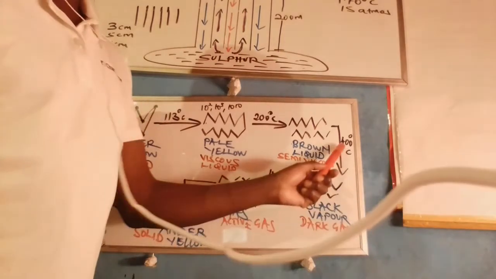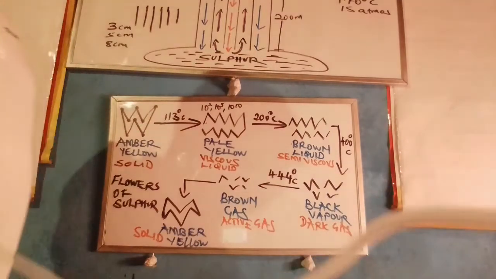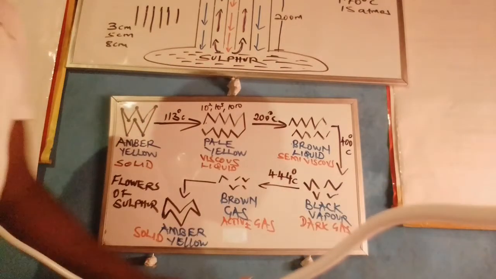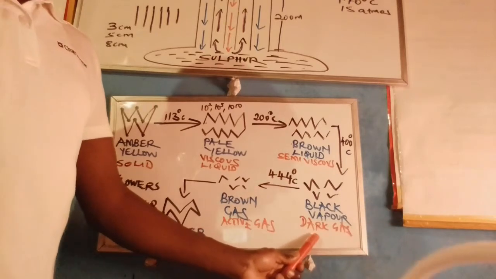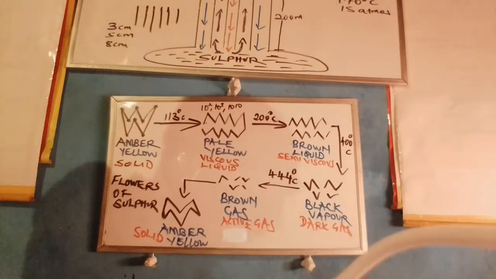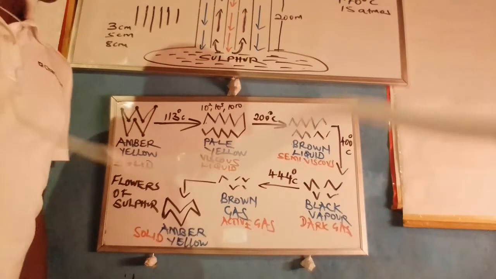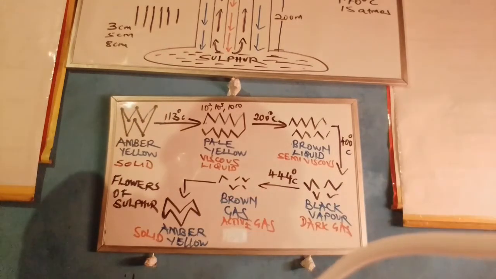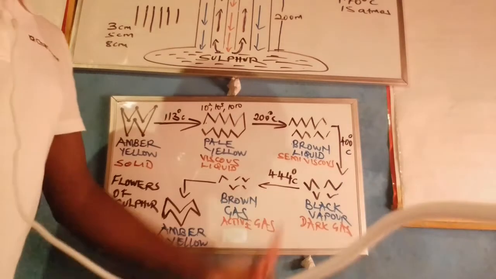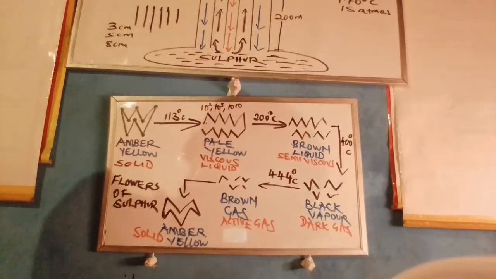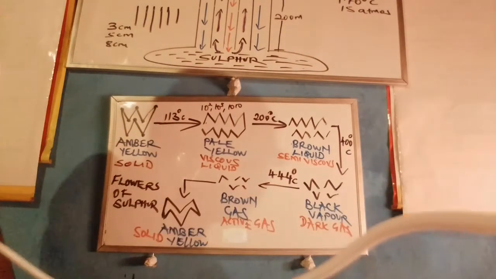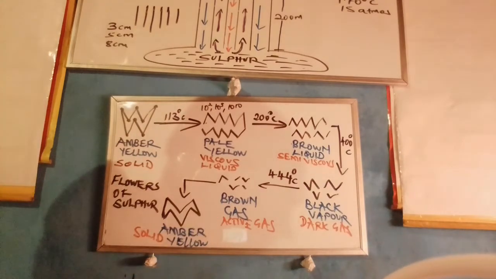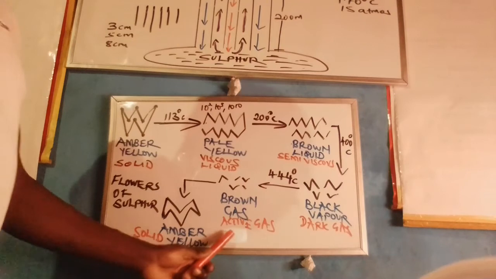Continued heating to a temperature of approximately 400 degrees Celsius transforms the semi-viscous liquid into a dark gas which appears as a black vapor. Now, with continued heating, we find that the actual boiling point of sulfur is 444 degrees Celsius. And at that point, the black vapor transforms into a brown gas which is very active,